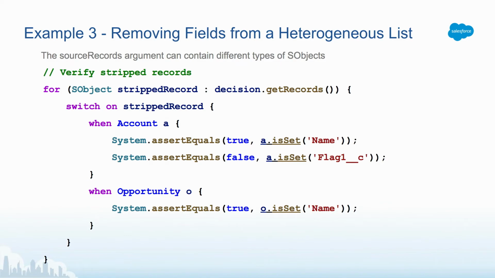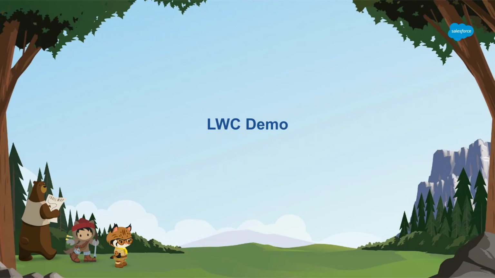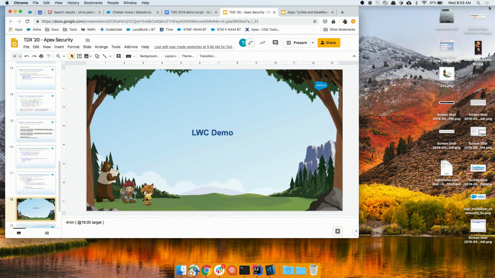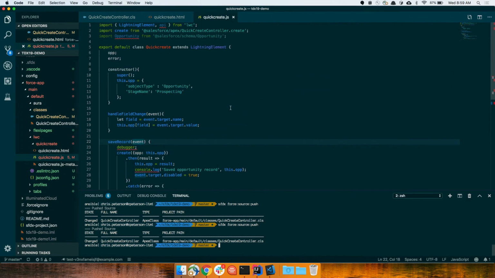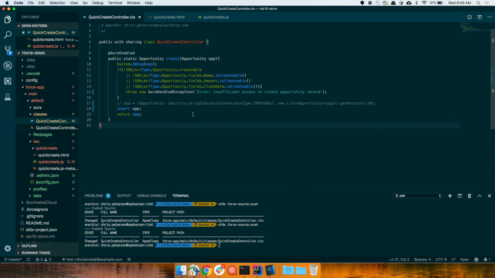So. Great. And with that, we'll dive over to our LWC demo. Except I seem to have angered the demo gods, and my Scratch org is not letting me log in. So instead, I'm going to go through the code, and I will post a video of me doing the demo once I fix it this afternoon to the sessions Chatter page. Sorry about that. So what I've done here is created a Lightning Web Component with an Apex controller that mimics